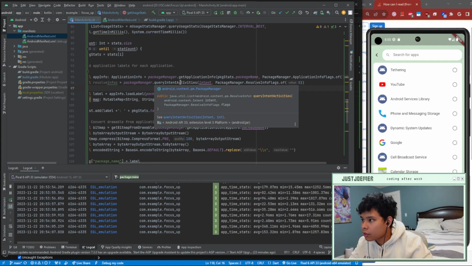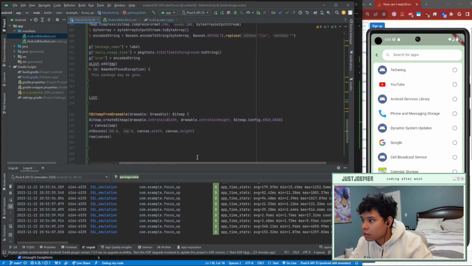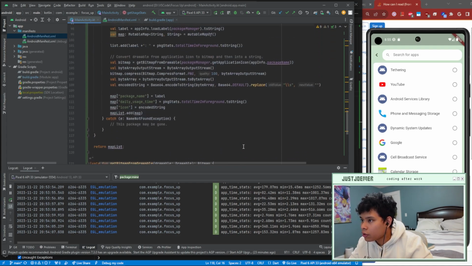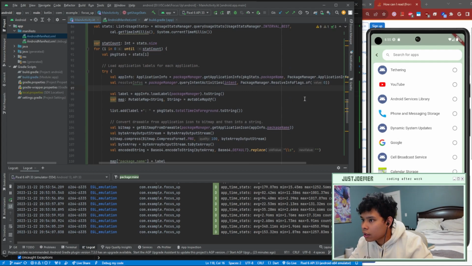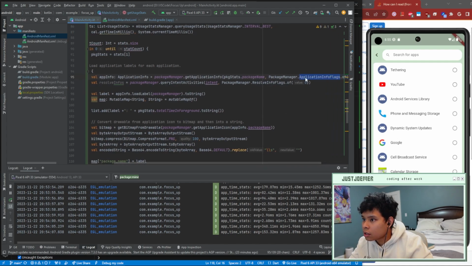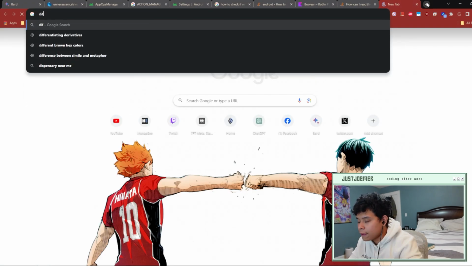I wish that I knew the difference between resolve intents, like resolve info, and application info. Actually, I can probably search that up. Difference